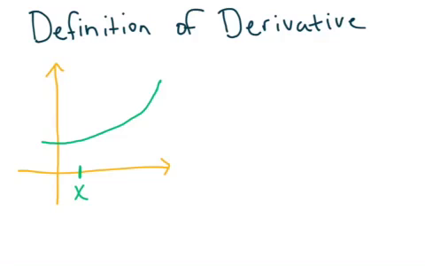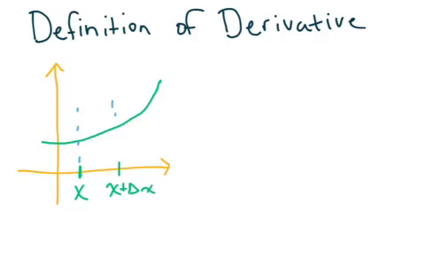So what we're going to do is add a little bit to that x. So we'll call that delta x. So see, we're just adding just a little bit. We're moving over to the right a little bit. Delta x just means, of course, change in x, right? So what we can see is,